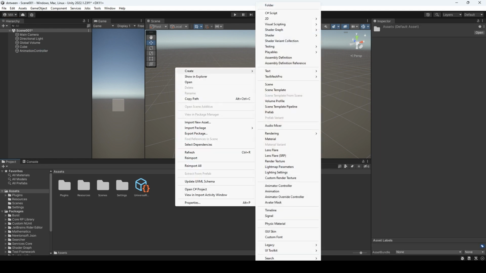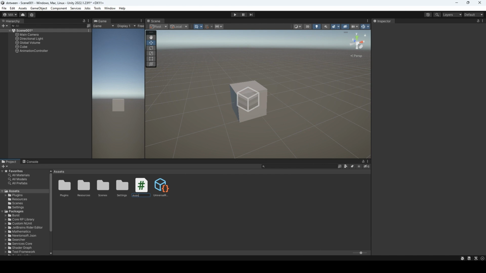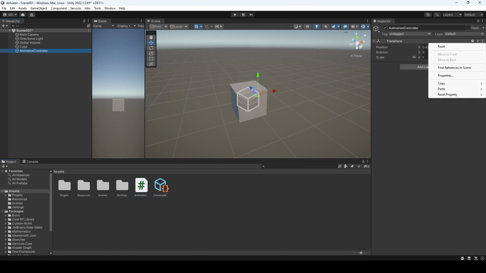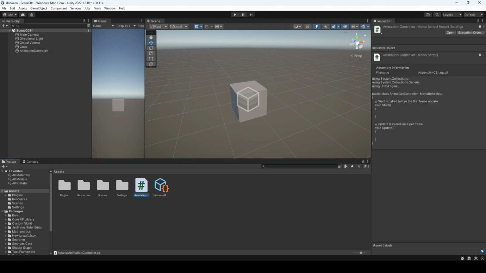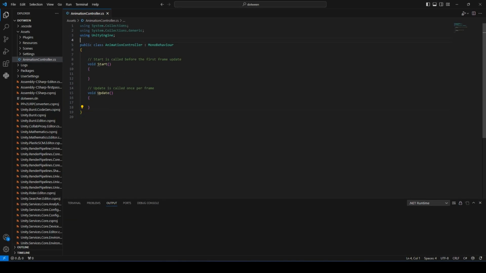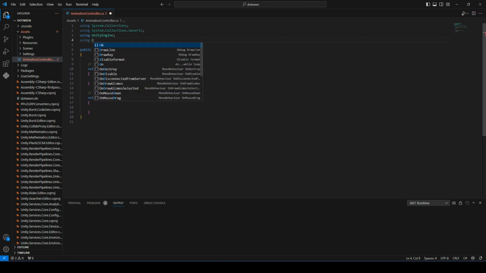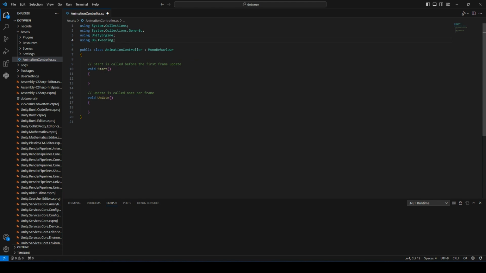Create a new script also called animation controller. Select the object, reset its position, and attach the script to it. Let's go to the code. To use DOTween, we need to use the DOTween namespace. Let me remove the comments